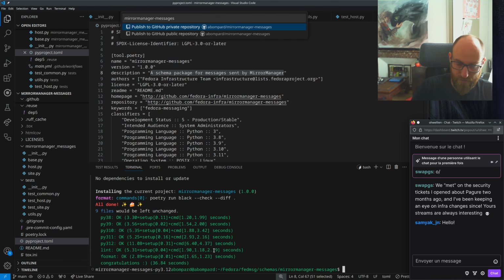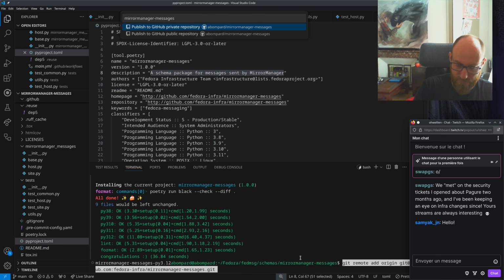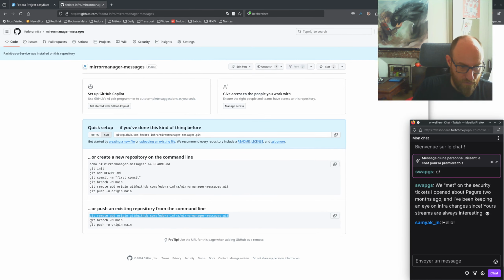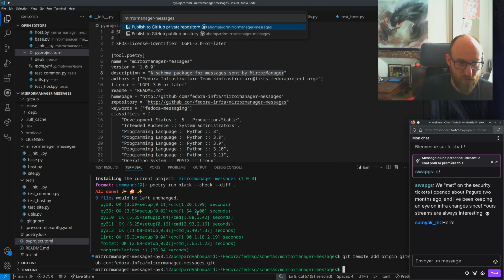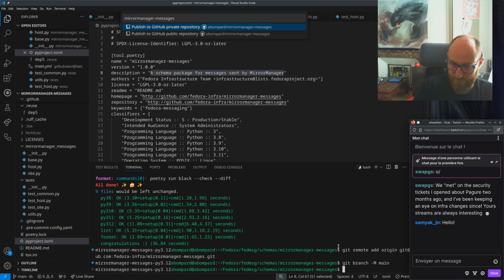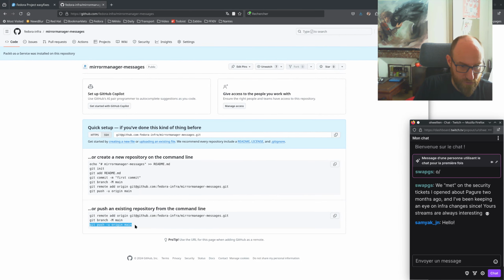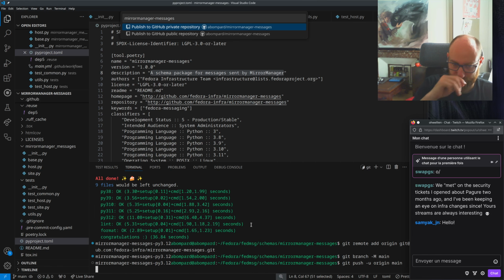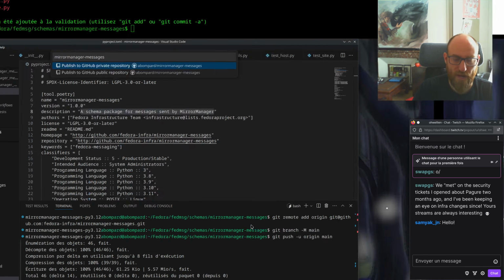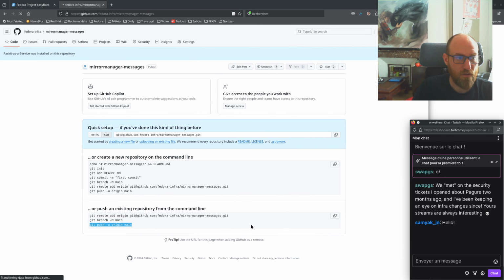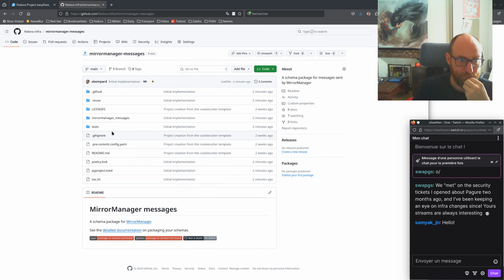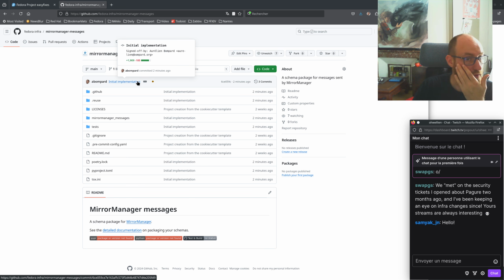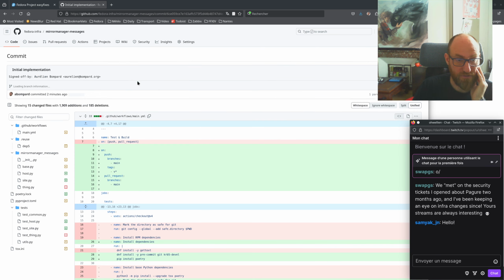Terminal. Do this. Yes, it's called main. Thank you very much. Is my branch called main? I'm pretty sure my branch is called main. And push it. Okay. Now I have stuff. Okay. That's my initial implementation. It's going to run CI. Hopefully that's going to work. Unless I made a big mistake in CI, but